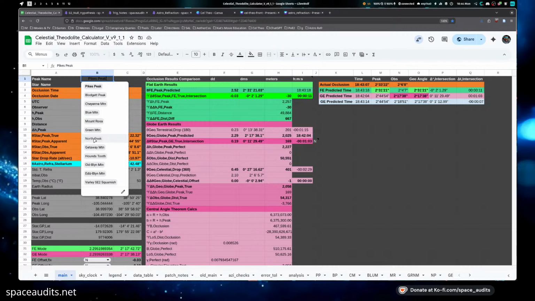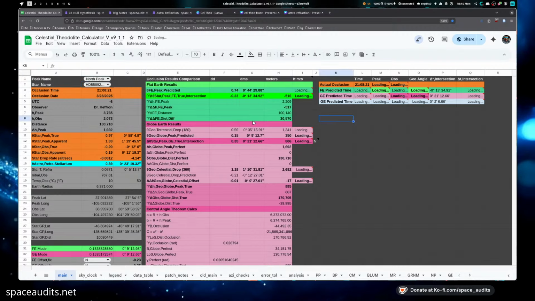It made it look less ridiculous in some of the measurements. So for North Peak, for example, this is a 130,000, or 130 kilometer measurement. So we're off by 30 kilometers on our derived occlusion angle there. And the globe was off by 170,000, where they were previously off by like 300,000, I think it was. But that was because I was doing arctan rise over run to get the difference with their occlusion, which made it look a lot worse. They're only off by 170,000 meters, which doesn't help them at all, but it does accurately represent the distance now.